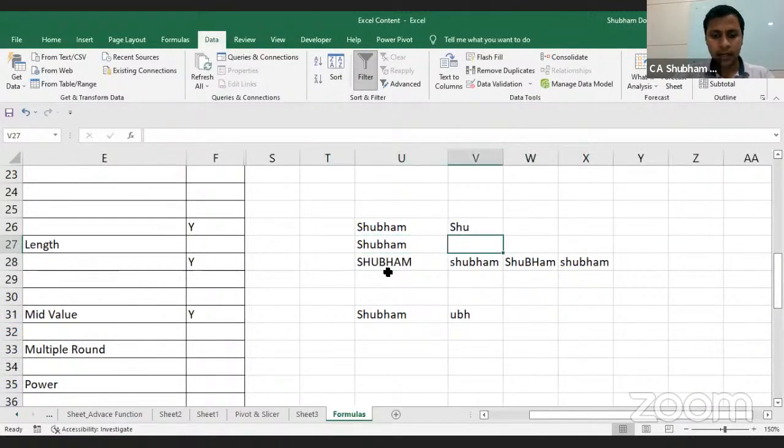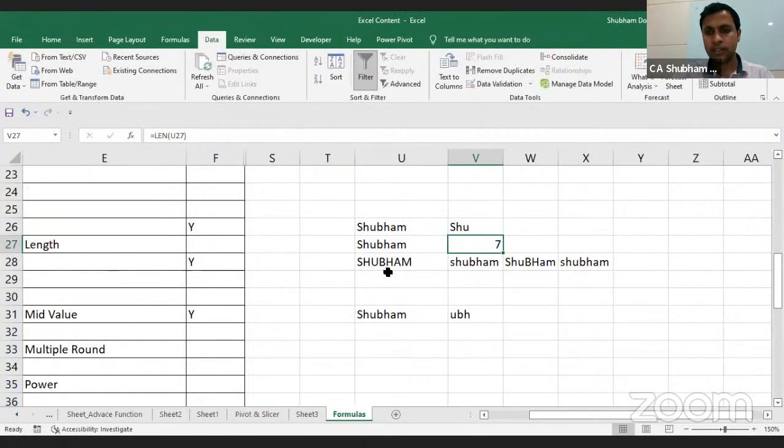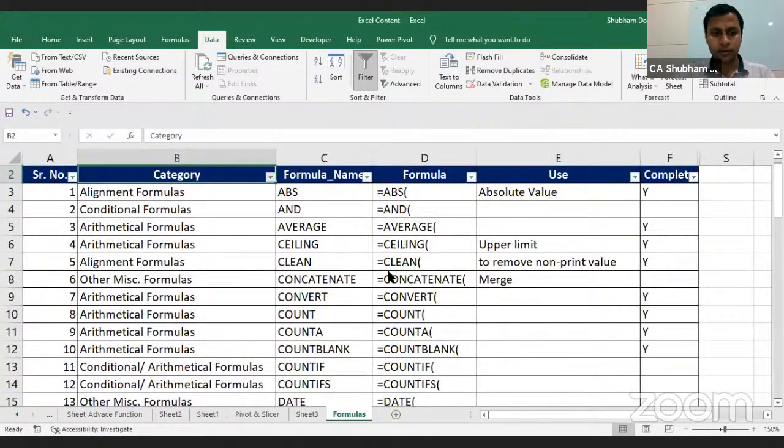Again, I will write here and I will use the function LEN. LEN is for computing the length of the particular content. So yes, there are 7 characters in my name, Shubham. Clear? You just have to use the function